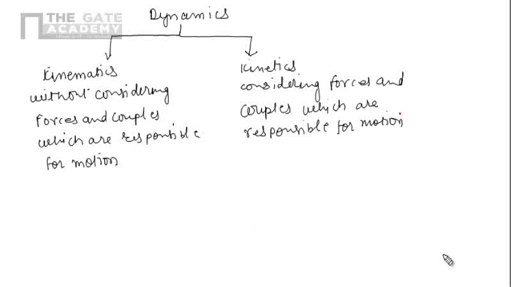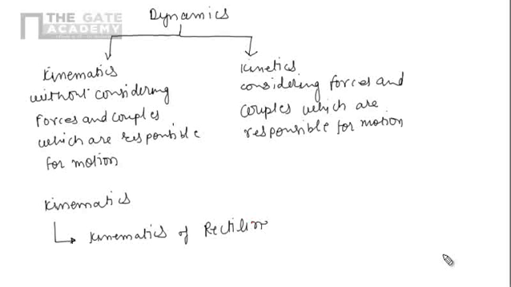Now at this part of time we are first interested in kinematics. So we will start with kinematics, and in kinematics we will see kinematics of rectilinear motion. Rectilinear motion means motion in a particular direction in a straight line. It may be along x direction, it may be along y direction, or it may be along z direction. So basically in kinematics of rectilinear motion, we will deal with the bodies which are in motion on a straight